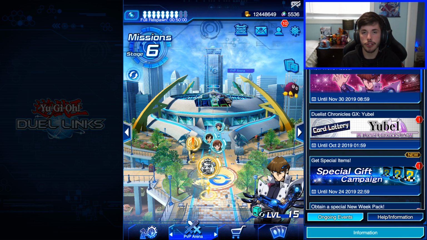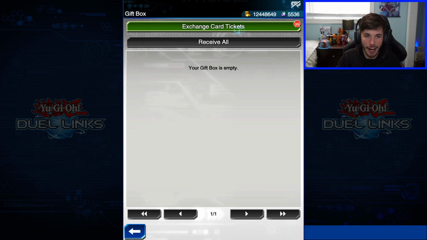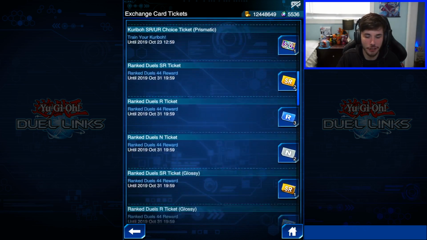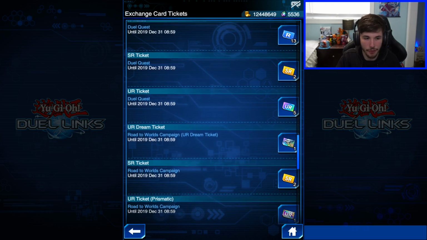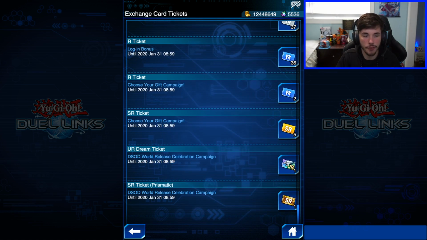Let's get into the options of what we should use our UR Dream ticket for in Yu-Gi-Oh! Duel Links. So I'm going to go to my gift box right here, and don't mind all the card tickets that I have currently. I'm just going for the world record of all the different tickets that we can use. And look at this. I have one ticket from the Road to Worlds campaign. And as you can see, we're going to be taking a look at this one right here from the DSOD